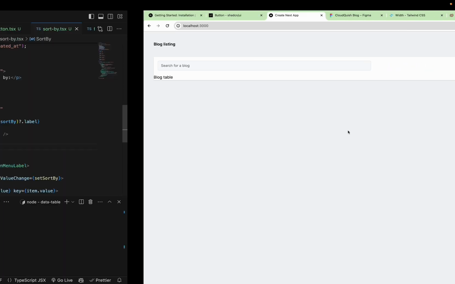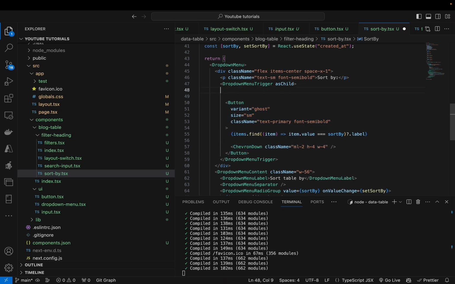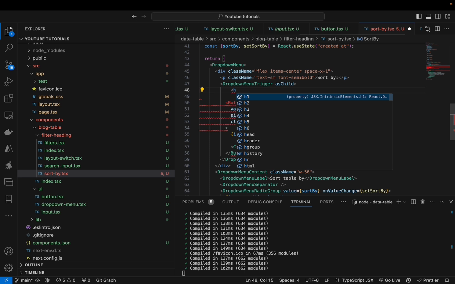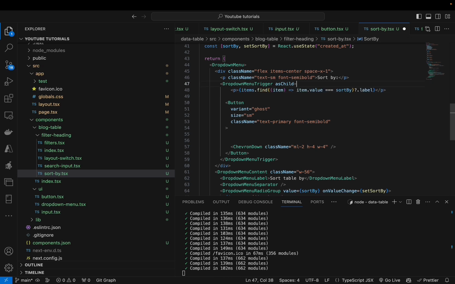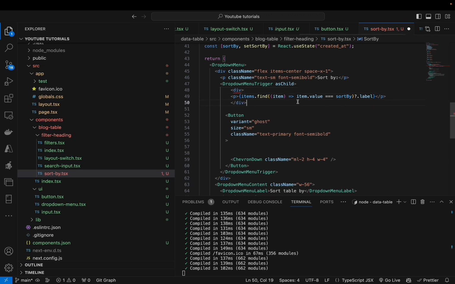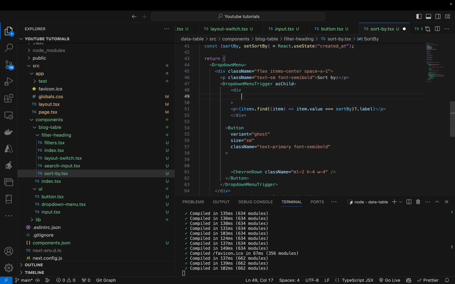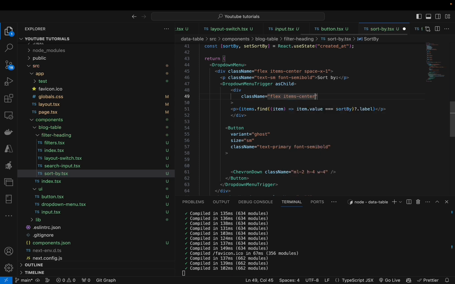I think the button as a whole does not look nice. So what I'm thinking is I will just make this as a p tag. It would be a p tag with a bold, and it will have this label inside of it, and it would be in div tag with class as flex item center space x2,